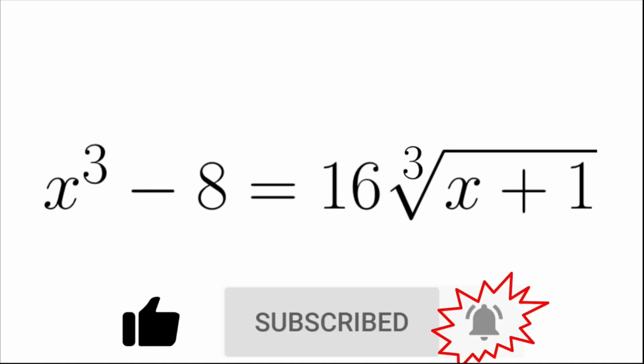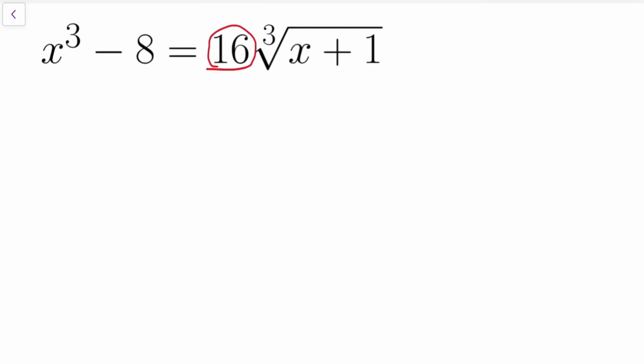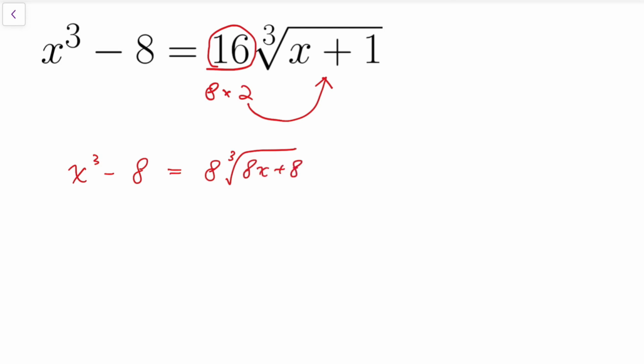My first step will be to rearrange the factors inside this number 16, which is to rewrite that as 8 times 2, while the 2 is to be moved into the cube root. So then the equation becomes x cubed minus 8 equals 8 times cube root of, not 2 times x plus 1, but 2 cubed, which is 8 times x plus 1. So 8x plus 8. The reason that I do this is that if I let